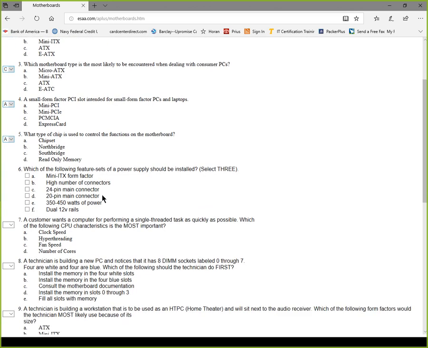Which of the following feature sets of a power supply should be installed? And we're going to select 3 in this one. We go with a 24 pin. We got a C, a D, and an E. C and D. Okay, I said I'm going to answer the question, but I'm going to ask a question. Remember, the 24 pin actually has the little kind of tear off edge to it. E,